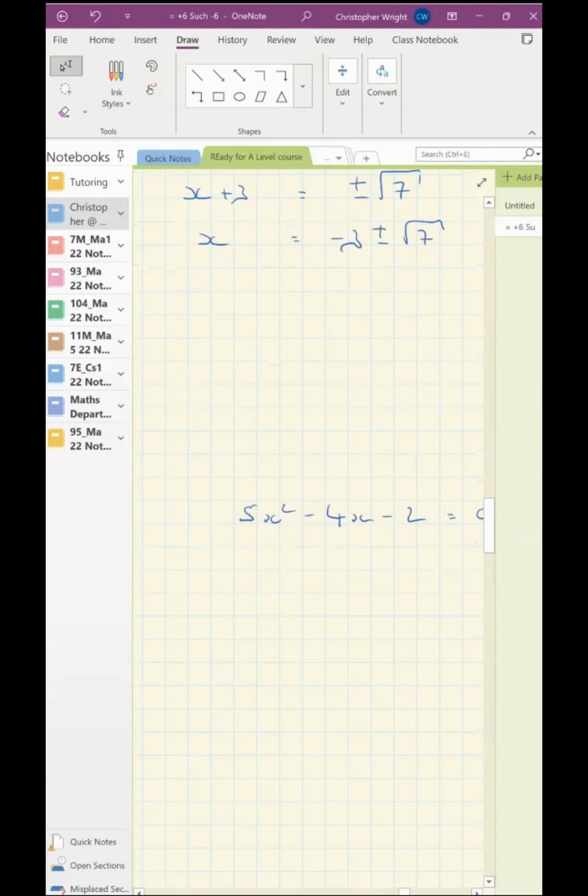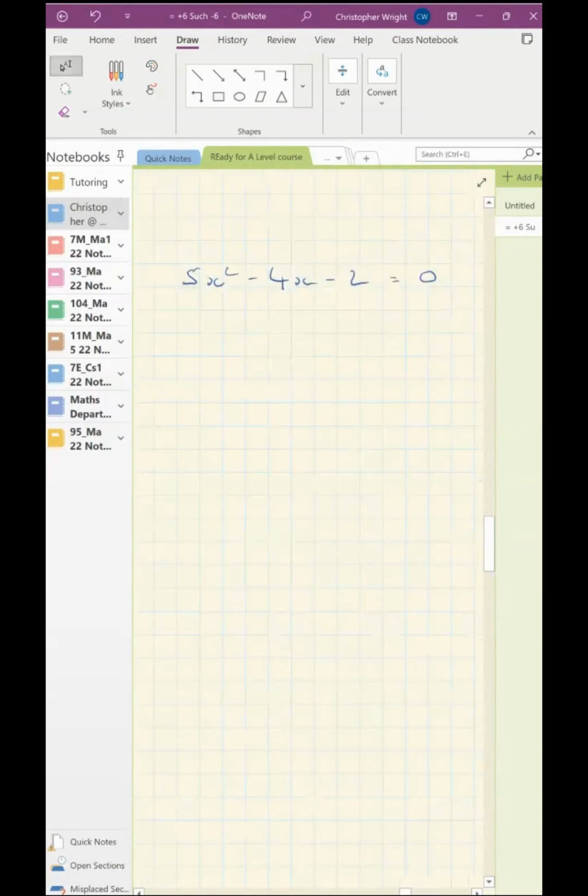Let's have a look at one which has a coefficient on the x squared. To start with, because I find it easier, I'm going to add 2 to both sides. So now I can simply concentrate on these first two terms on the left. Now, if I take 5 out here, then that makes good sense because I find it much easier to deal with a single x squared when I'm completing the square. So now looking at that, I'm going to divide both sides by 5,